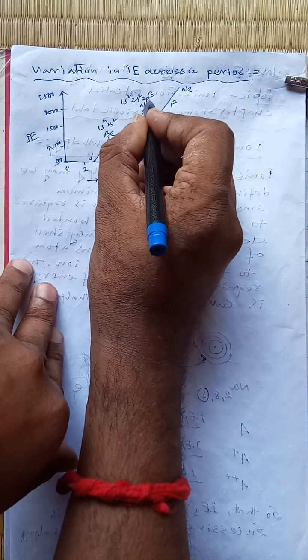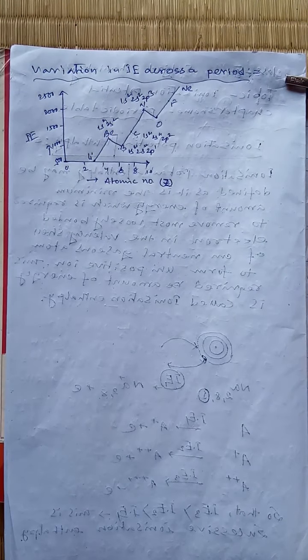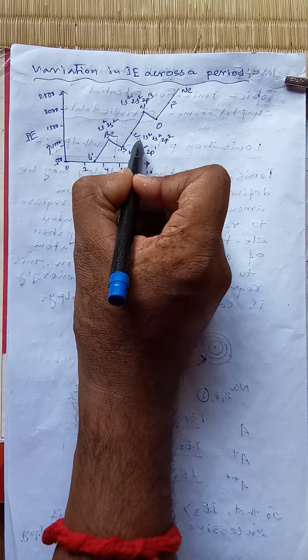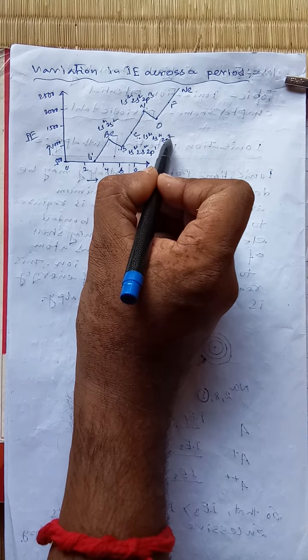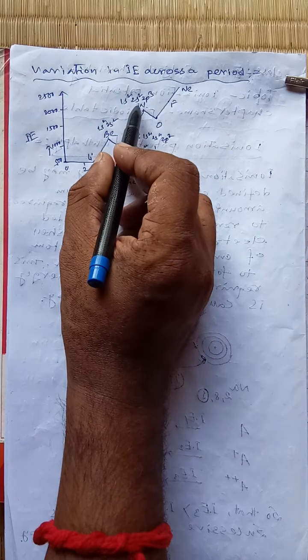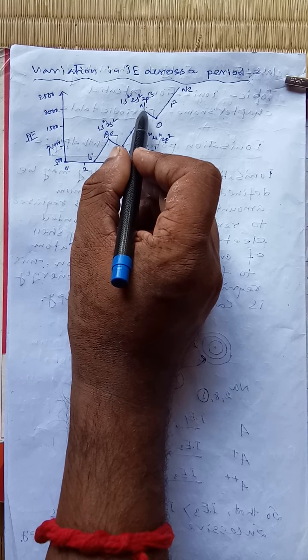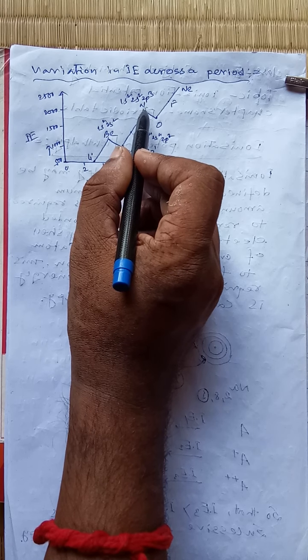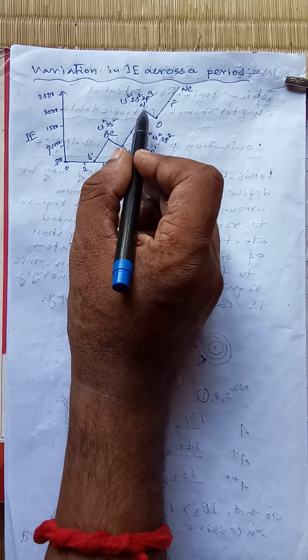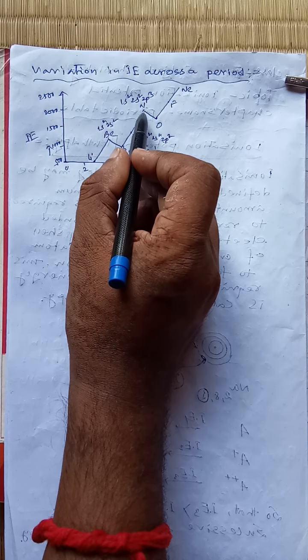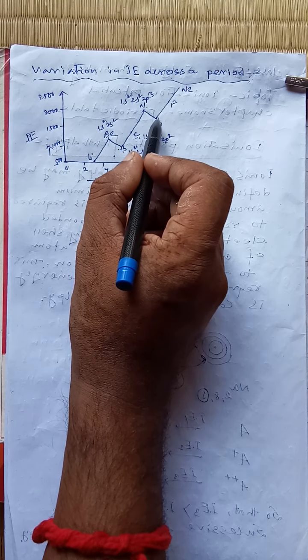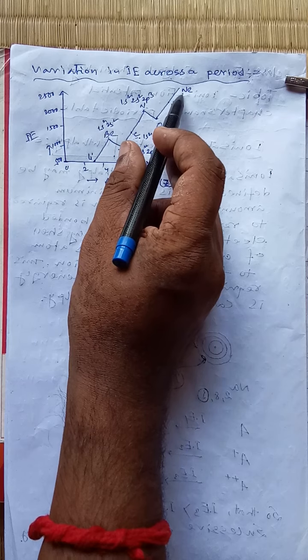So let's see, here in the p subshell there are 3 electrons. It is half filled. So half filled is more stable than carbon. Carbon has 2p2, that is less than half filled. So nitrogen is more stable than carbon. So according to theory, the ionization potential for nitrogen is higher than carbon. That's why it will show this type of curve. And then oxygen, and then fluorine, and then neon.